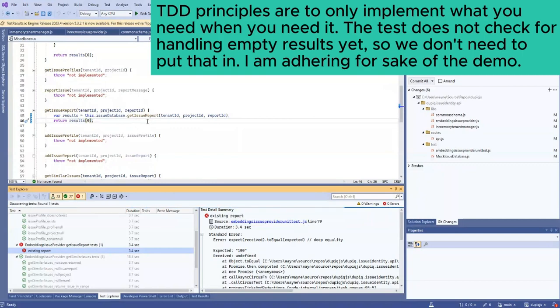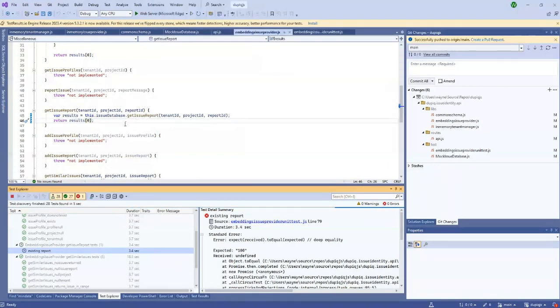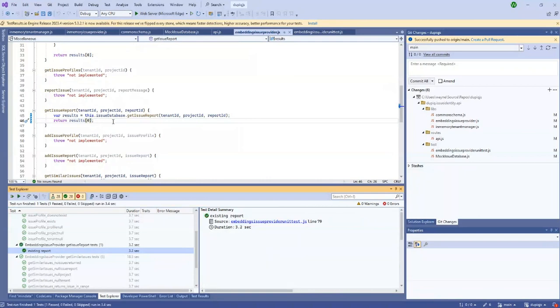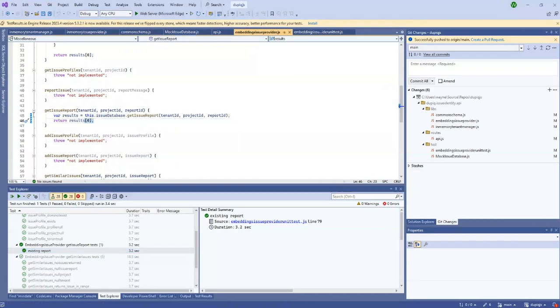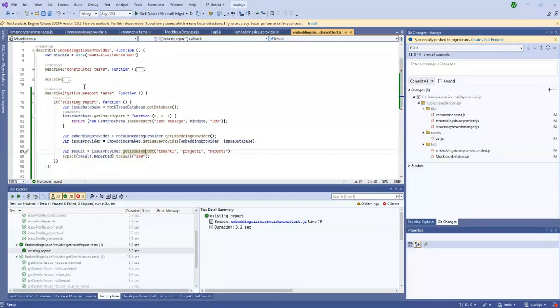Because the underlying IO provider returns an array of objects as if it's like a database, and this returns the first of those. Okay, so now this is passing. So now we're in line with the contract as defined by the mock. I'm using the mock to state my contract, and so now this code has to comply with the mock. So there we go. We've got a test that